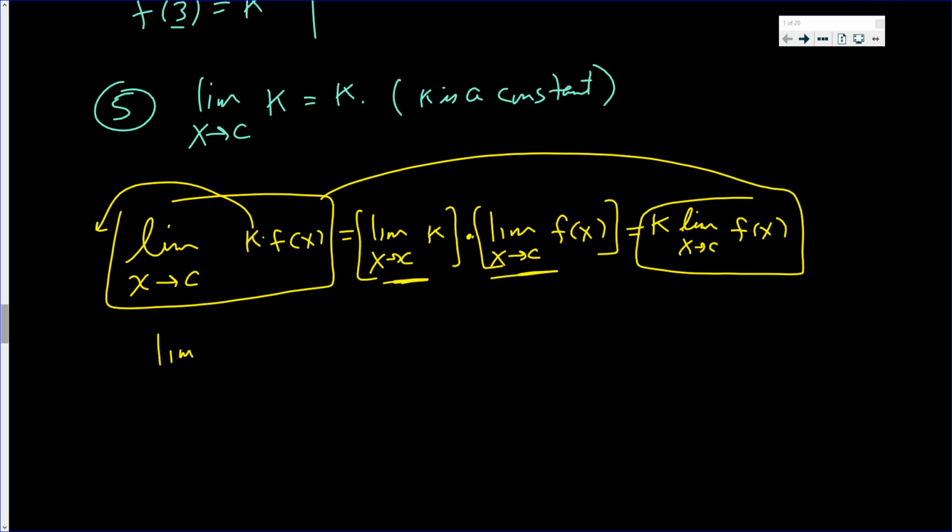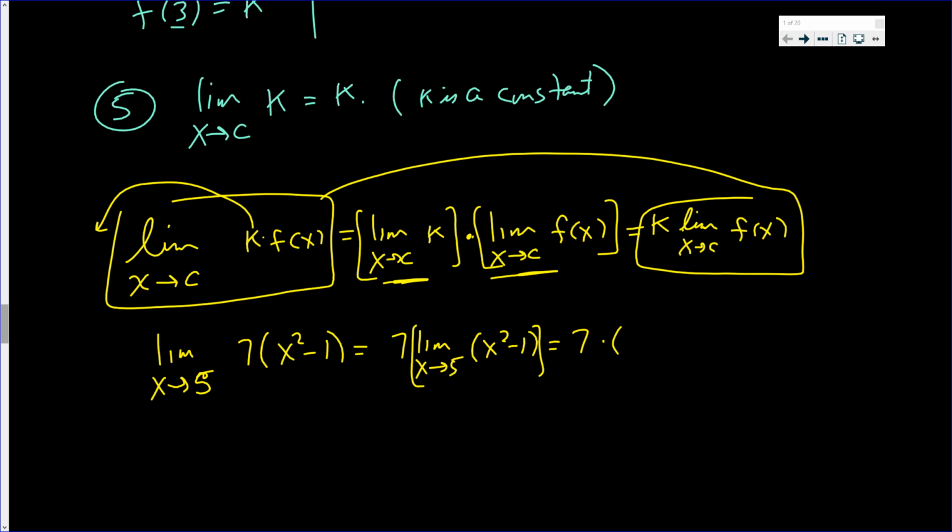So if you ever have the limit as x goes to 5 of 7 times x squared minus 1, if you like, you could do it this way. That is, it's 7 times that limit. And that limit is 5 squared minus 1. This is 24, and 7 times 24 is, I guess,